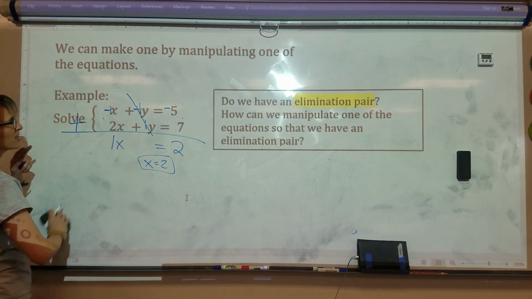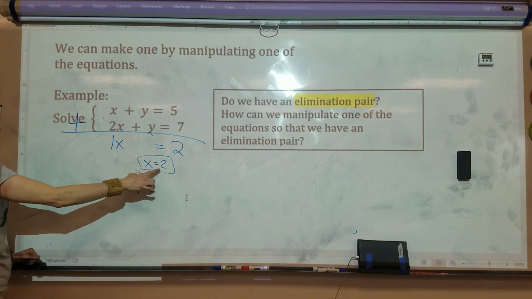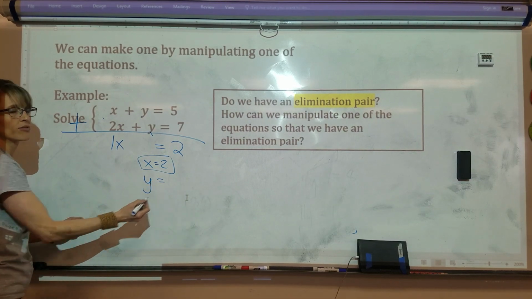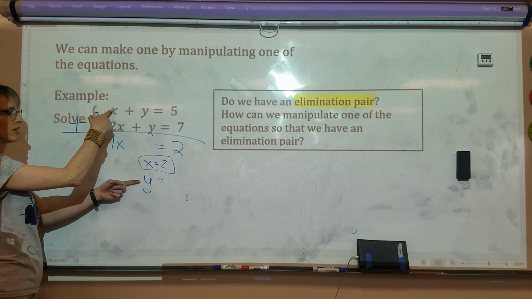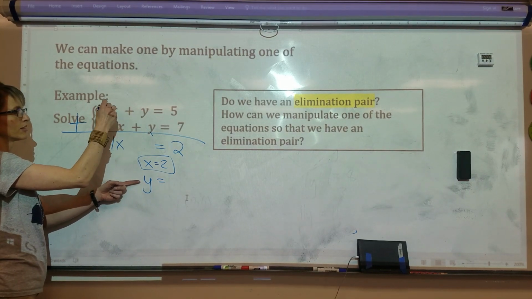So I like to clean up my original and then solve for the other variable. How do I solve for my other variable? AJ? I just take the top and say 5 minus x, which equals